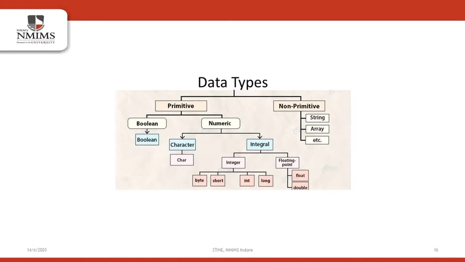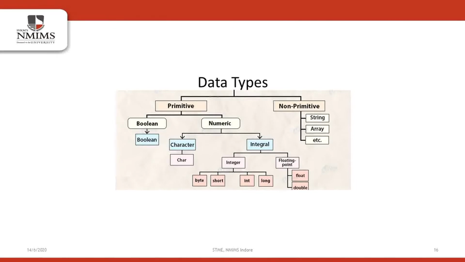So why are they placed under the numeric category if they can hold letters as well? This is because every character has a number associated with it, which is basically a translation from human language to computer language. You may have heard of the ASCII code or the Unicode. Yes, that's what we are talking about here. Now moving forward to the integral type, they contain pure numbers. In this also we have two types, integers and floating point numbers. Under the integer, we have byte, short, int, and long. They all store the same integer values, that is whole numbers along with the negatives.